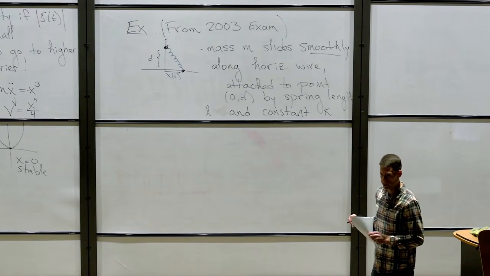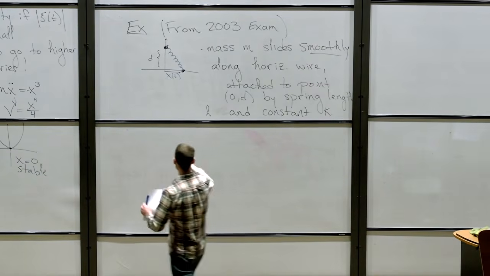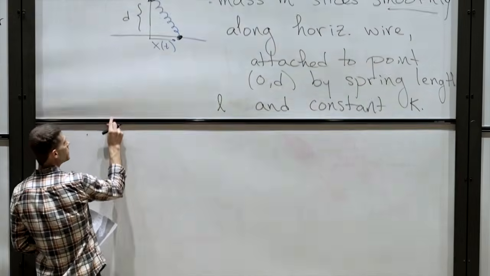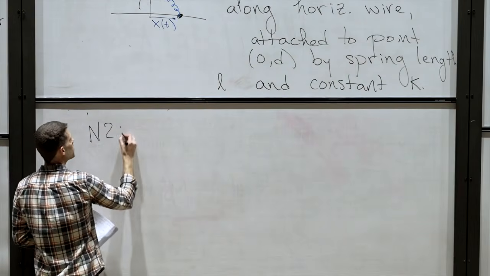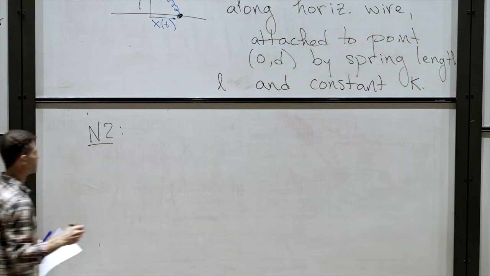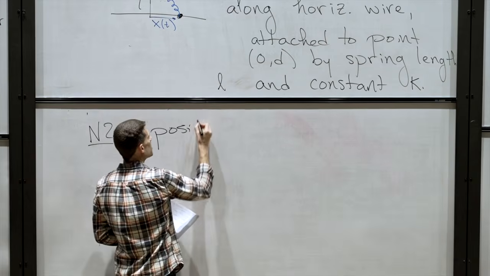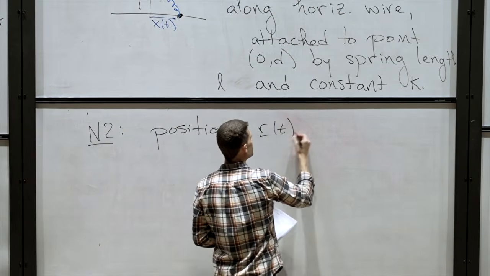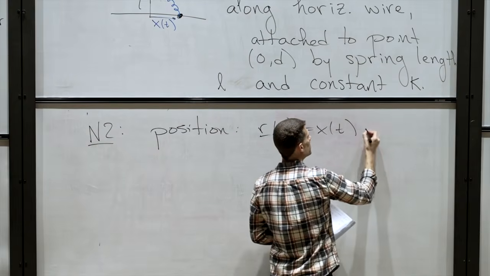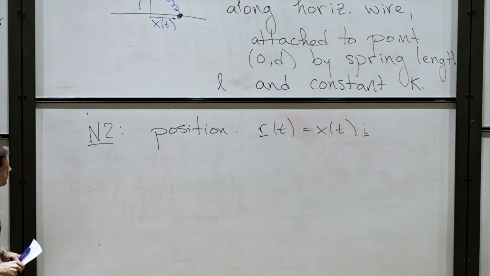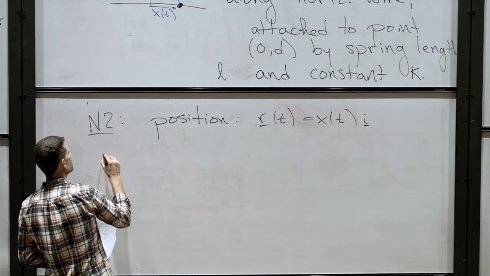I need to think about Newton's second law. And even though it looks like 1D motion, let's be safe. Newton's second law is a vector equation. And what I want to do is account for the forces and, of course, the motion. So the position of the particle is just r of t equals x of t i. There's no position in the y direction. The spring force